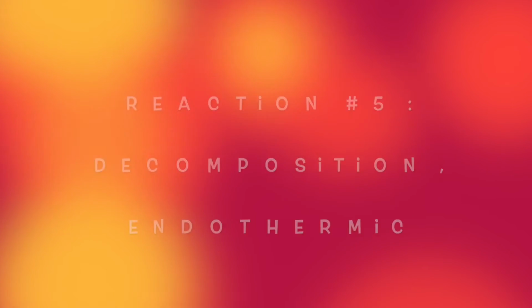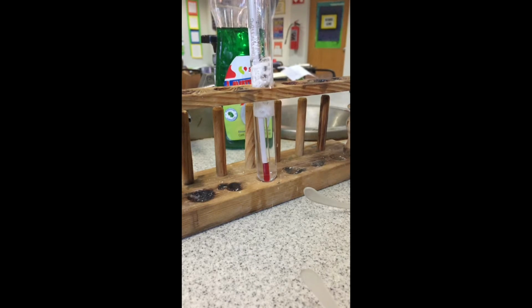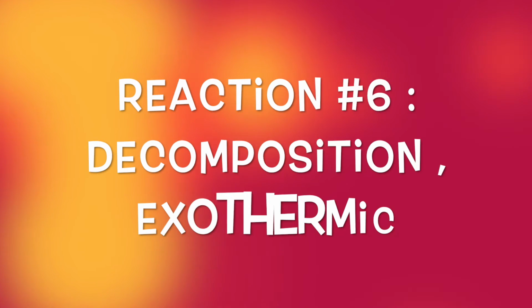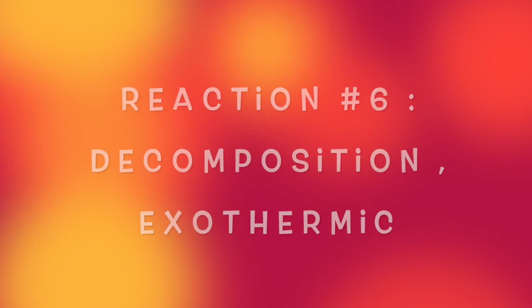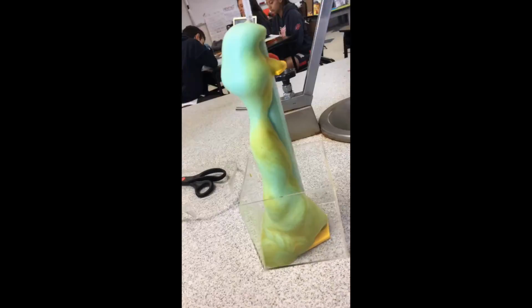In this reaction, citric acid and sodium bicarbonate react, and a temperature change will be observed. In this reaction, hydrogen peroxide in the presence of a catalyst, that is potassium iodide, breaks down into water vapor